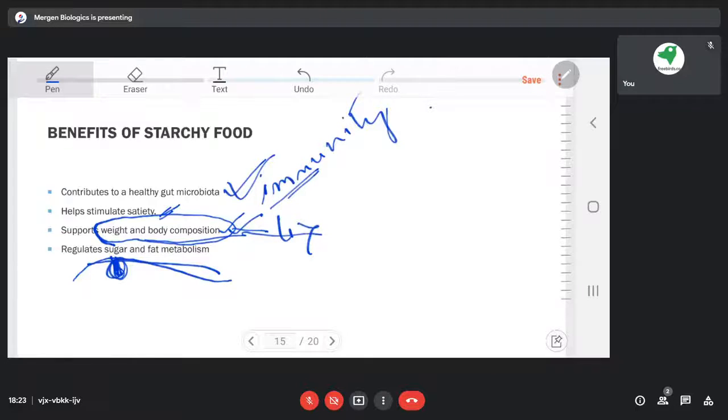So in that case, what will happen is that the amount of insulin that person's pancreas releases is not enough for the sugar that has been produced by the breaking down of starch. So that is a problem for them, and their blood glucose level remains high, and that is dangerous for them. That's why it is said that when people have diabetes, he or she should avoid